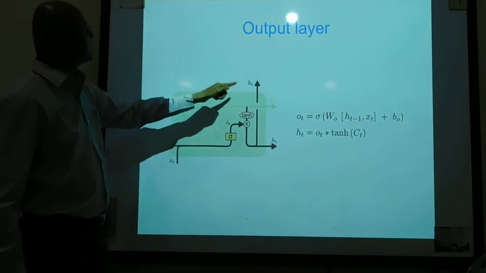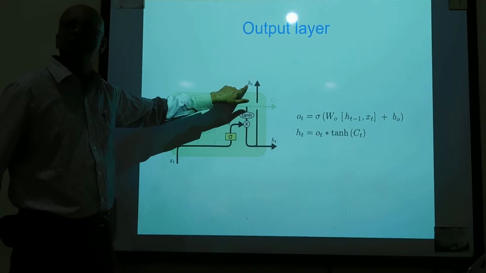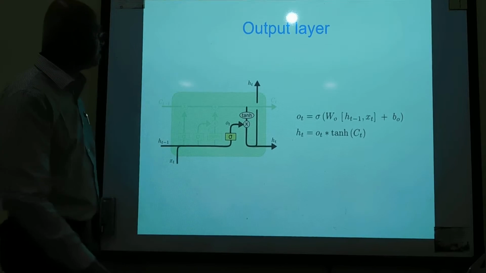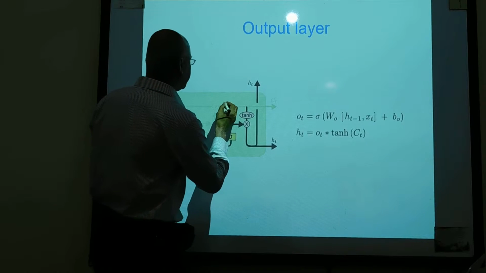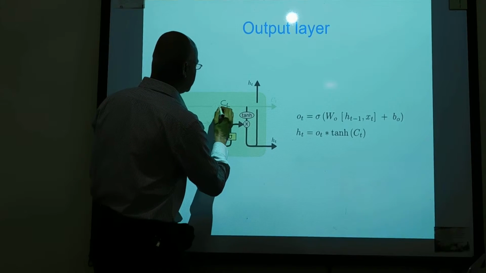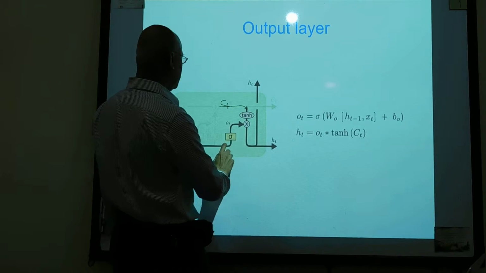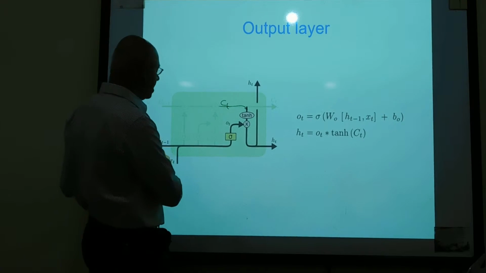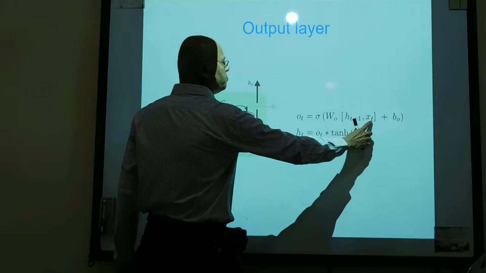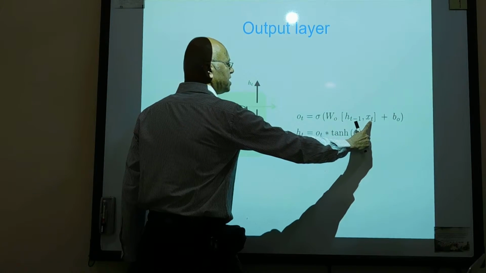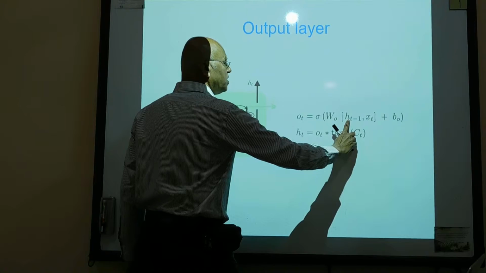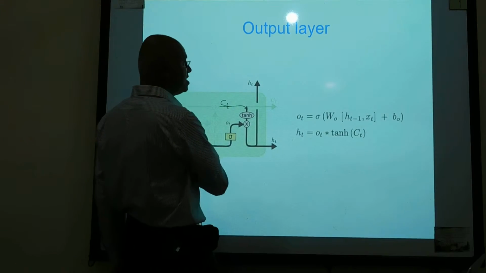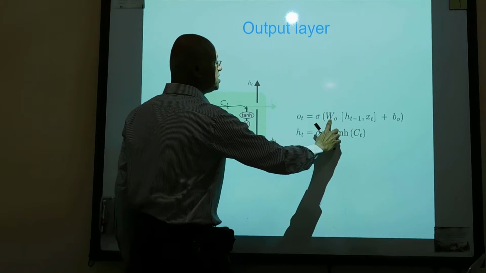Now the last one is the output layer. This is the output of the neuron at time instant T. The updated C is here, it comes here. So the output depends again on the input and the previous time instant. So the current input at the current time instant and the previous output at t minus 1 get multiplied